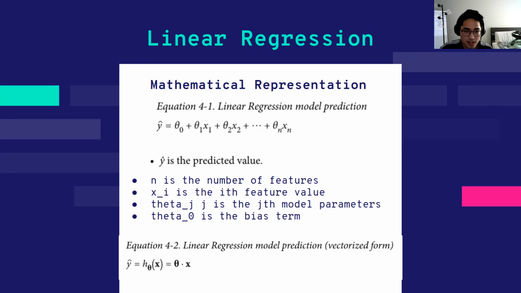And theta 1, theta 2, and theta n, you can think of them as your m, pretty much your slope. But in this case, we call them model parameters. Model parameters are the ones that will be changed or updated in your machine learning model. So pretty much your model learns from these model parameters, given the number of features that you have.